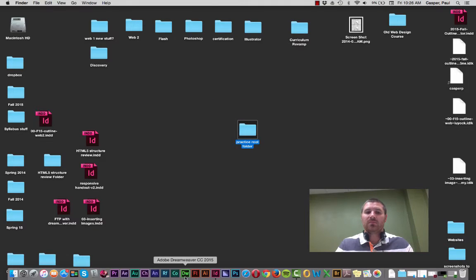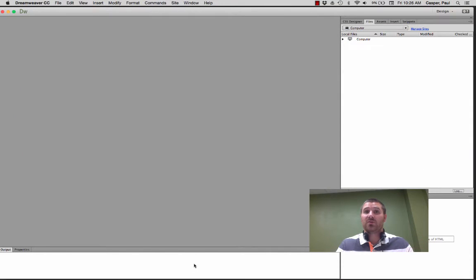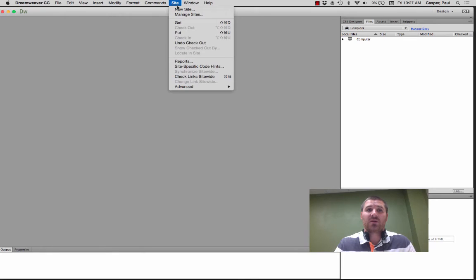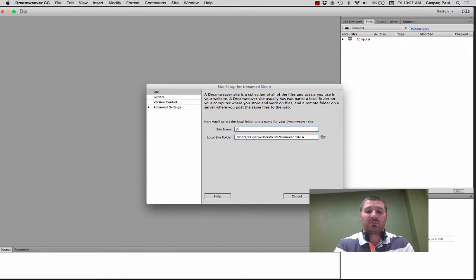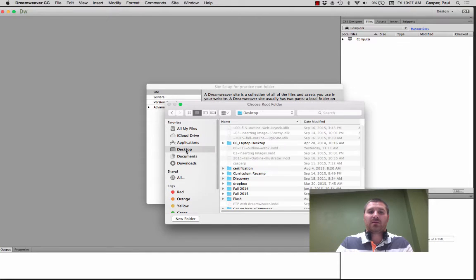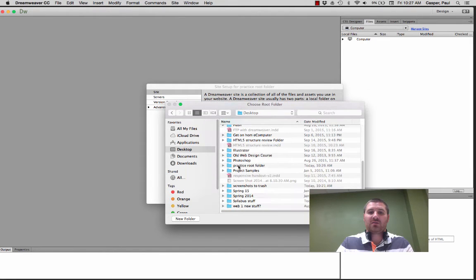Step two, when you're going to do that with Dreamweaver, we need to do the very important Site, New Site. Create a new site in Dreamweaver. What you're basically doing is linking your root folder from your desktop into Dreamweaver, so Dreamweaver can catch all the things that we might do, and it really does our file management more than anything. So I'm going to go Site, New Site, and I'm going to call this practice root folder. Now the key here is to link with the browse button. Hit the little browse button, and on your desktop, find my practice root folder, and link to that. So choose,